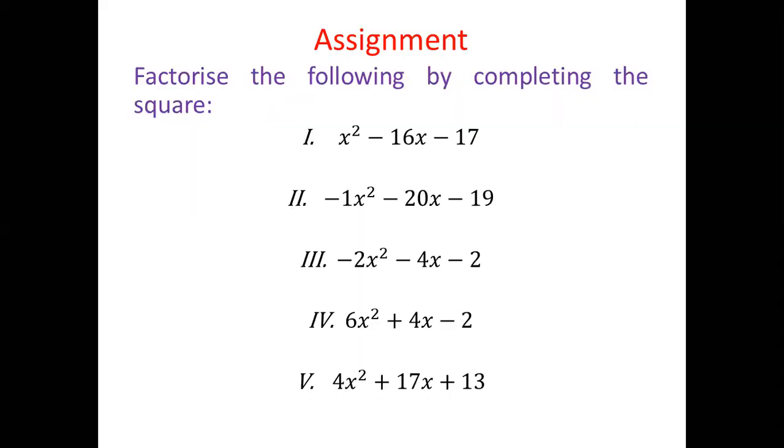Now, learners, I have given you a few questions to look at. We have x squared minus 16x minus 17, x squared minus 20x minus 19, 2x squared minus 4x minus 2, 6x squared plus 4x minus 2, and the last one is 4x squared plus 17x plus 13. This is your assignment. Try to factorize all these expressions by completing the square. It doesn't matter which method you use. If you are not comfortable with the NYAKEY'S principle, use any method that is at your disposal, get the values,